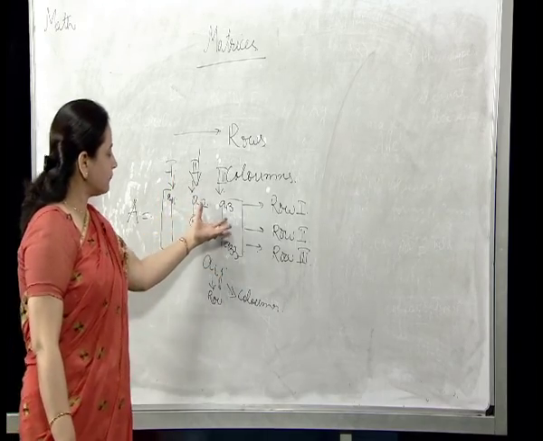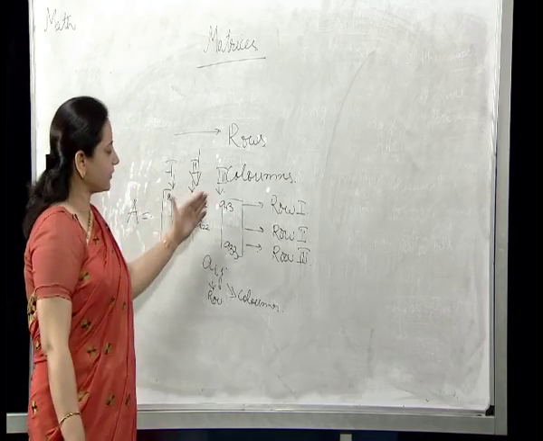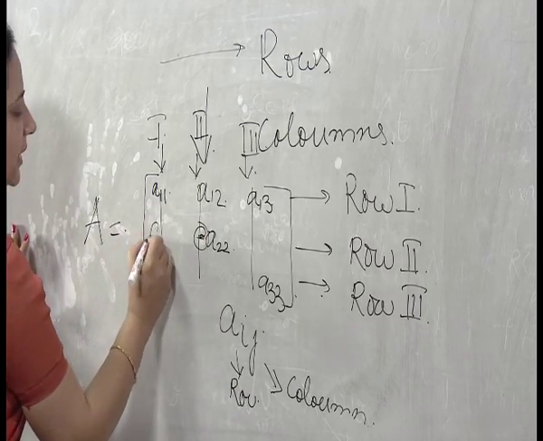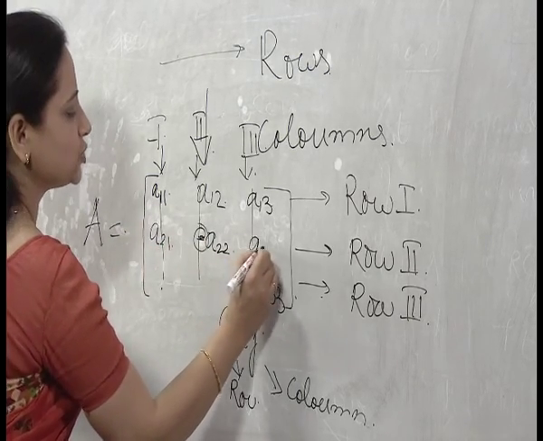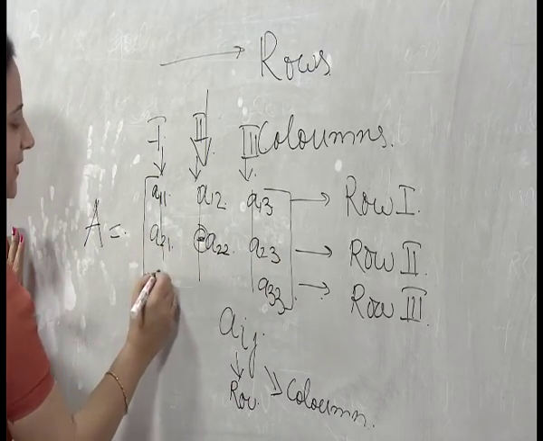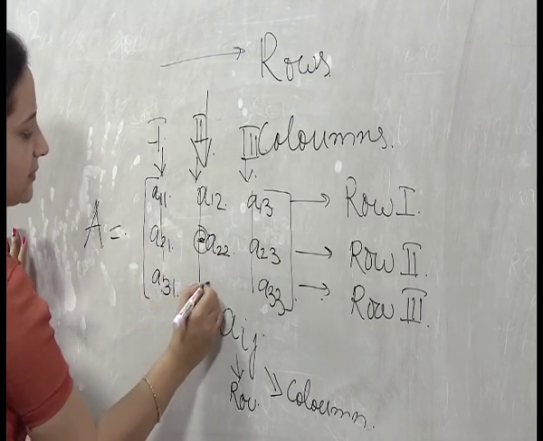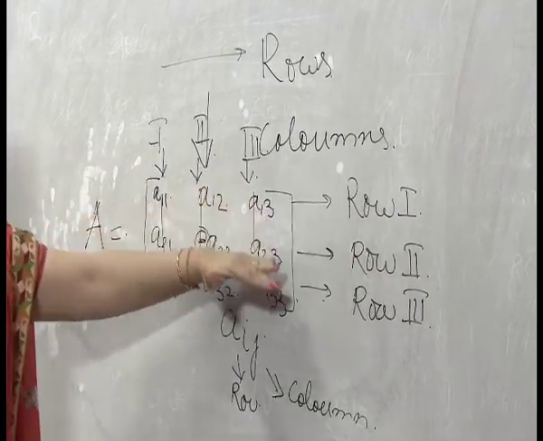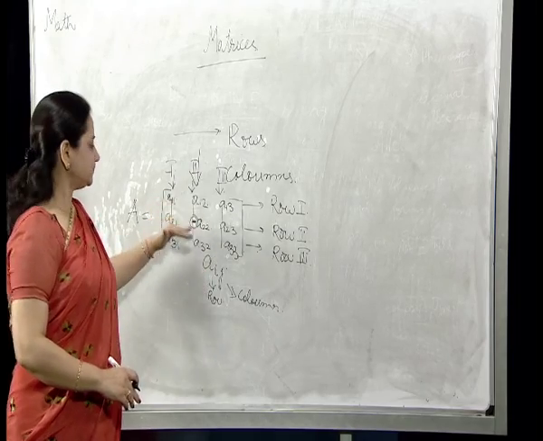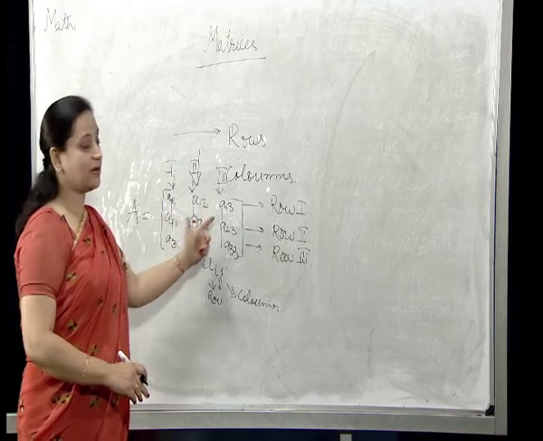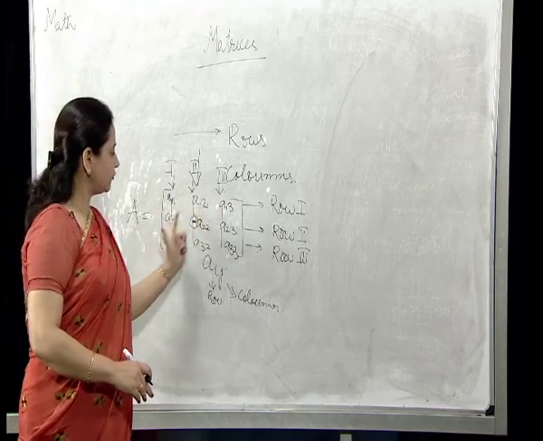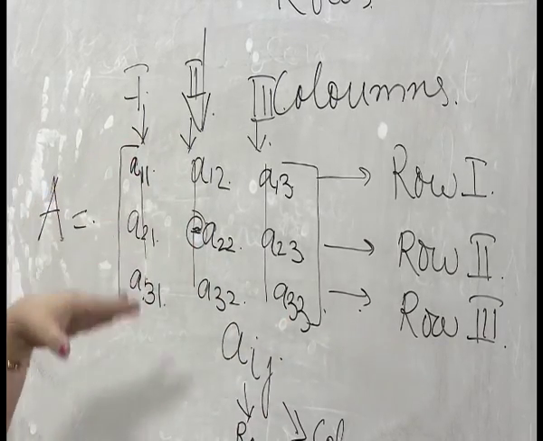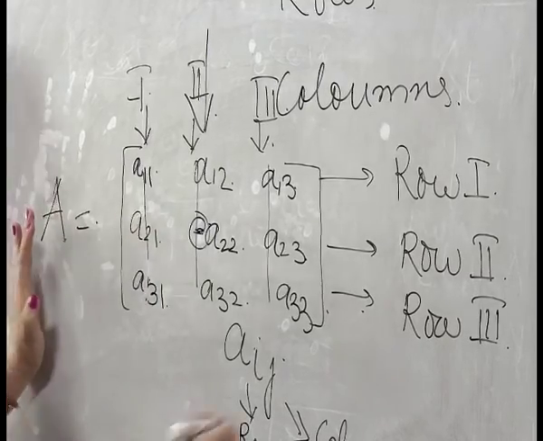Now let us see how many rows there are. There are 3 rows and 3 columns. If I write all the elements, this can be A21, A23, and then I can complete the matrix with A31, A32 and so on. It has 3 rows and 3 columns. Let us count the elements: 1, 2, 3, 4, 5, 6, 7, 8, 9. That means 3 rows and 3 columns, and 3 multiplied by 3 gives 9.